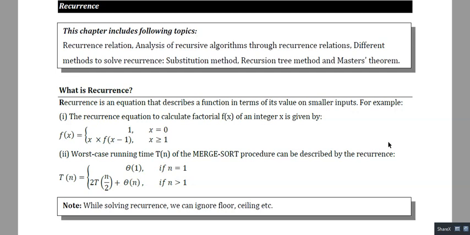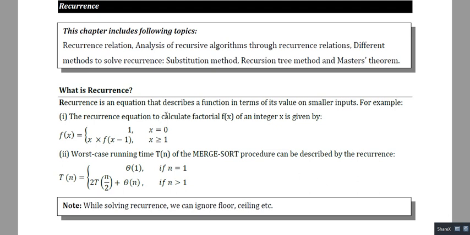In my last lecture, I covered different asymptotic notations and how they are useful to determine the time complexity of algorithms. In this lecture, we will go through the concept of recurrence and the different methods to solve any recurrence. I shall quickly start with what a recurrence is. Then I shall discuss different methods like the substitution method, iteration method, recursion tree method and master method to solve a recurrence. So let me start with what a recurrence is.